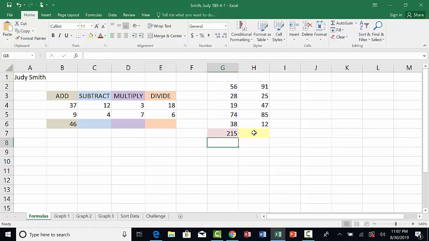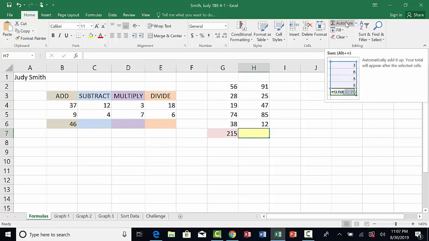In this cell, H7, you're going to do a similar calculation. You're going to put in a formula to add up these numbers, but you're going to do it in a slightly different way. You're going to use one of the functions that Excel has built in. So put your cursor in cell H6, now make that H7, and then come up here to the function wizard. Click on Auto Sum,